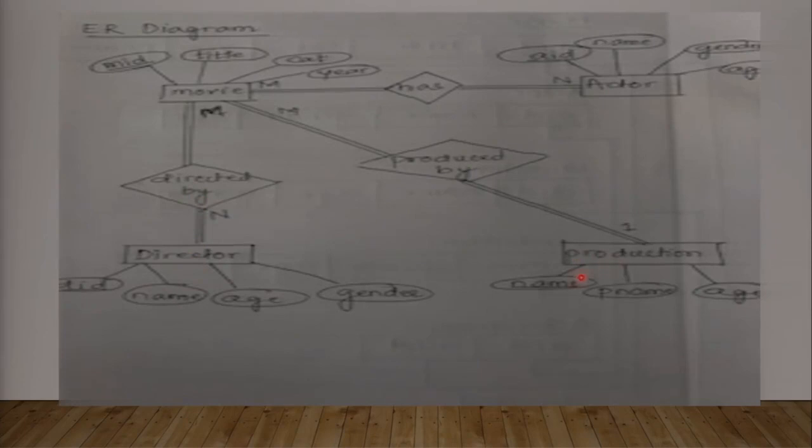And one more thing is production house is going to be printed. Because this is a 1:n relationship, it is written mistakenly as M, but it is a 1:n relationship, then its primary key, that is the production house name, is going to be put here as a foreign key. So anyhow I will get it through the movie ID.